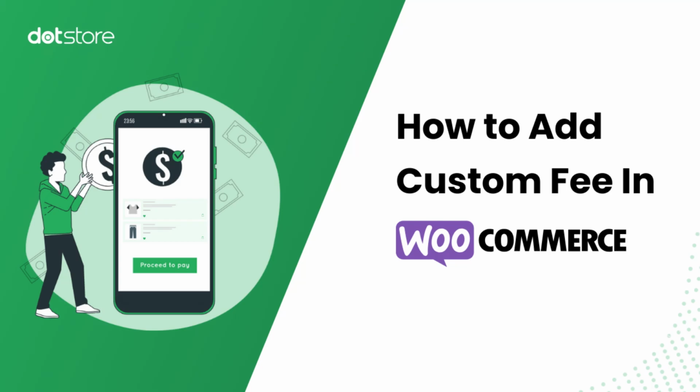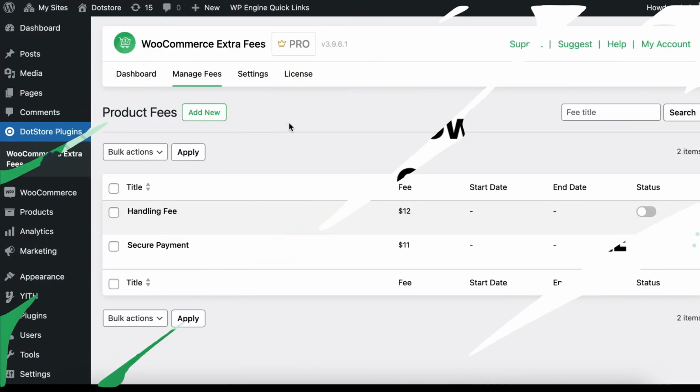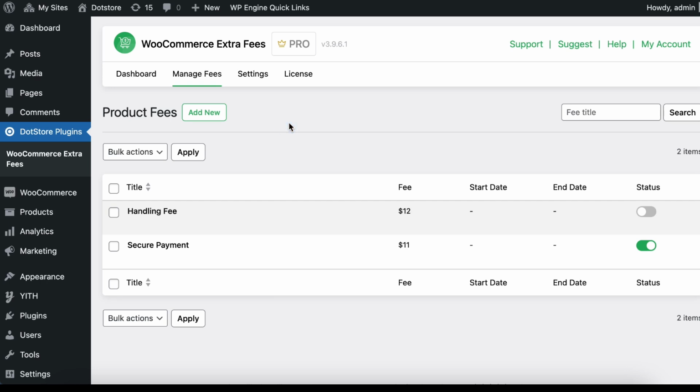In this video, I'll guide you through setting up and adding custom fees in WooCommerce using our plugin. Follow these simple steps to apply a custom fee for special products and a specific payment option. Let's dive right in. Once you activate the plugin, first you need to go to the Manage Fee section by